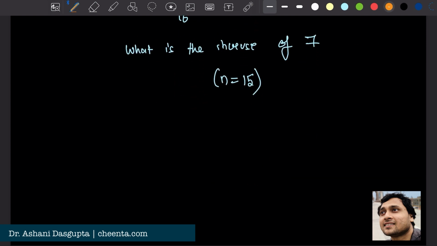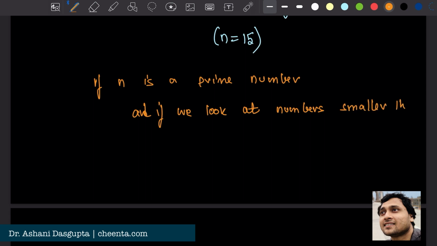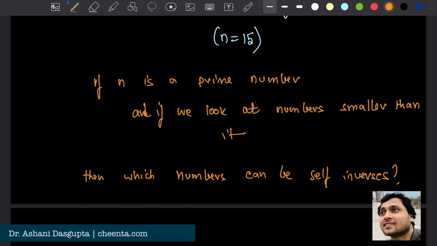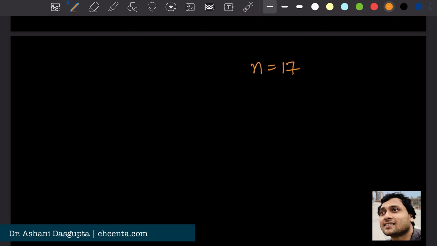So let me ask you a question. If n is a prime number and if we look at numbers smaller than it, then which numbers can be self-inverses? For n equal to 15, 4 was a self-inverse, but 15 is not a prime number. So if we work with prime numbers, let's say n equals 17, which numbers smaller than 17 can be self-inverses? Well, suppose